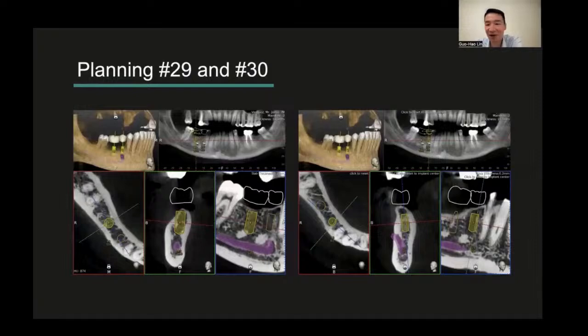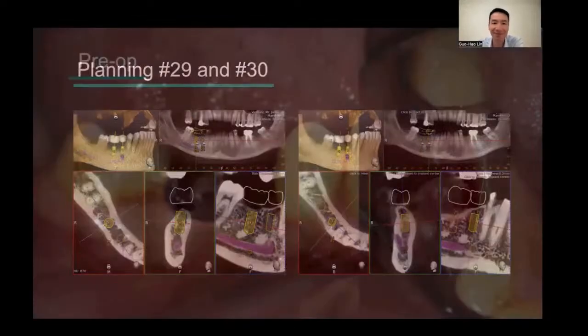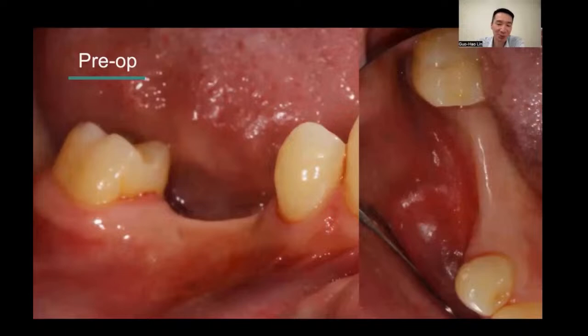This is the final verification of the number 29, 30 implants. Everything was planned through a restorative driven position to make sure that our restorative dentist would be able to restore